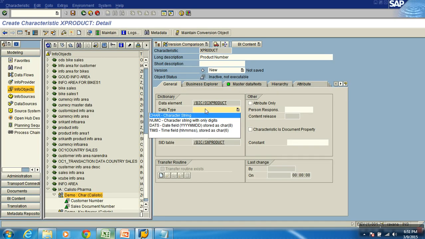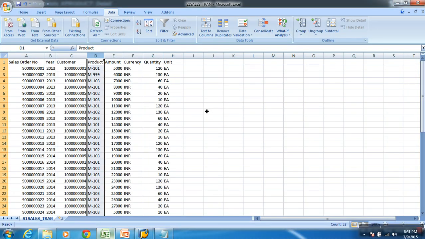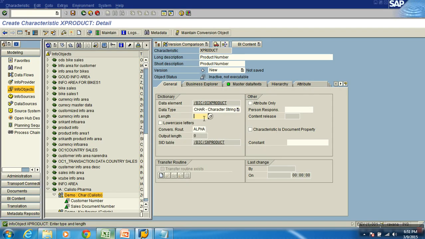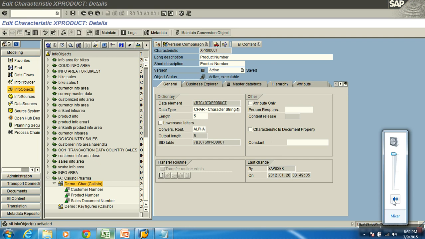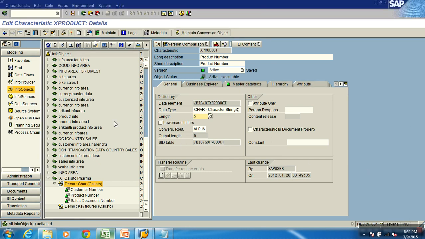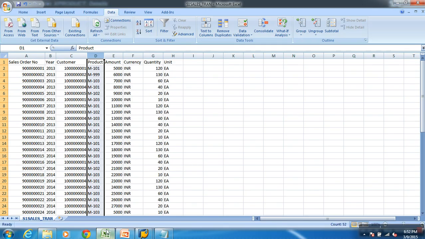What data type should I go with? So data should m-101 atundante. What is it? Char, and length 5. Okay, done. So what is the next one?